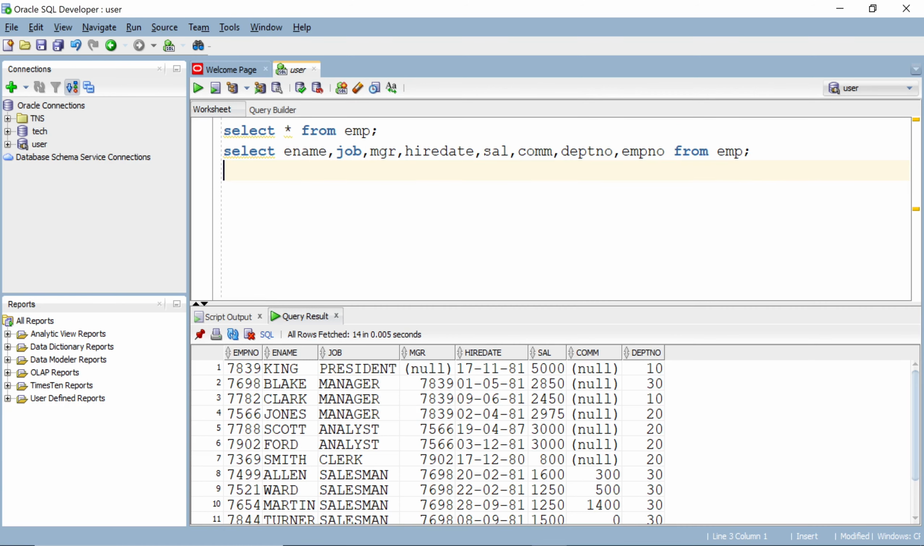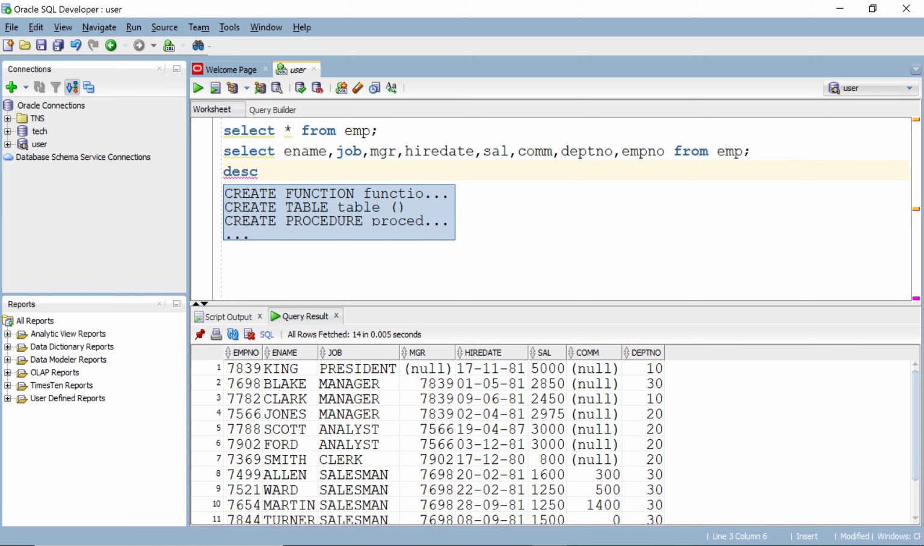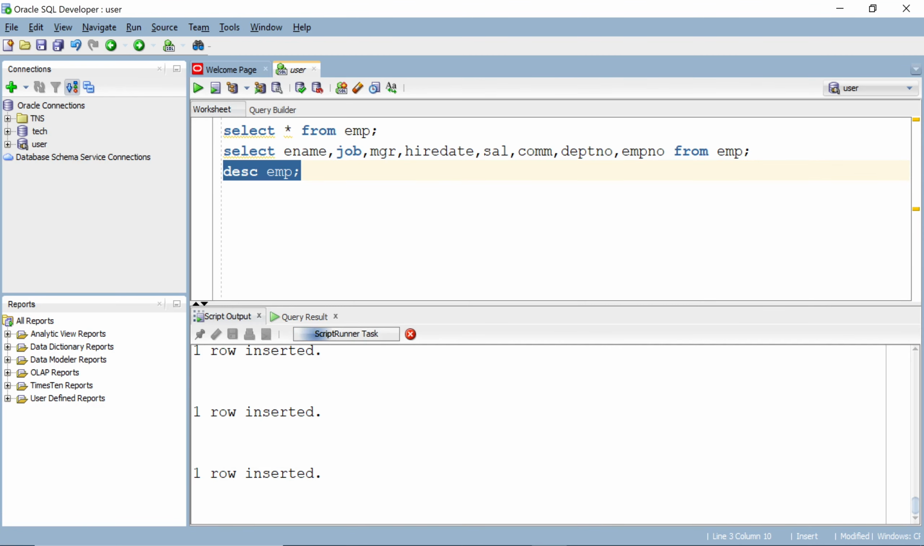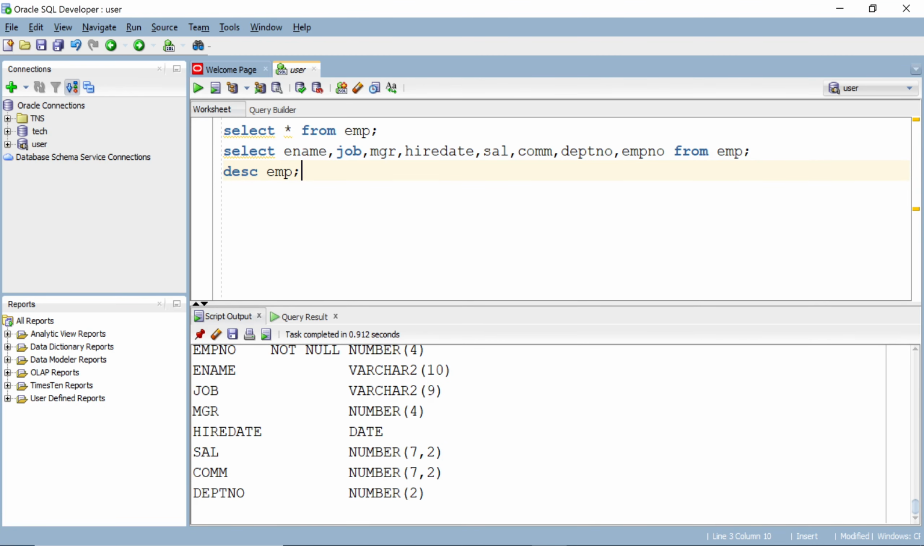You can also perform arithmetical operations on the EMP table, but the column has to be a number data type. So let us see what number data type columns are available in the EMP. You just need to type describe EMP and hit Ctrl plus Enter. You can see EMP number is a number data type, and salary, commission and department number are all number data types. So I'm going to multiply 3 with EMP number,